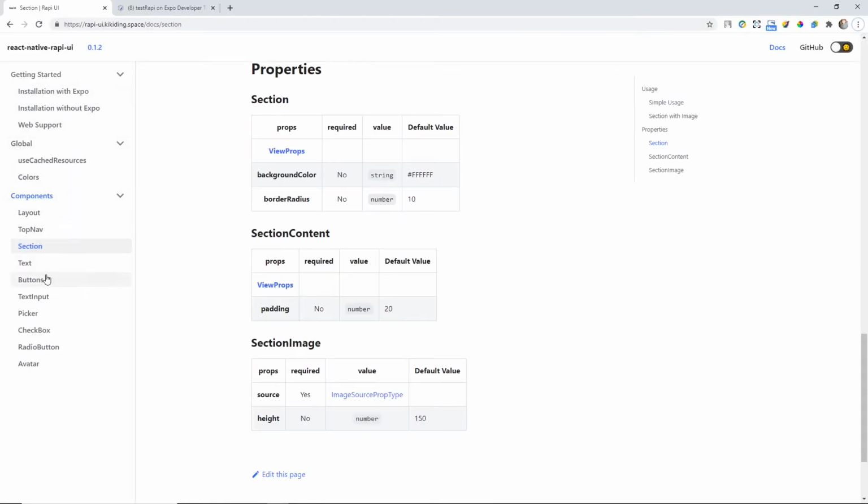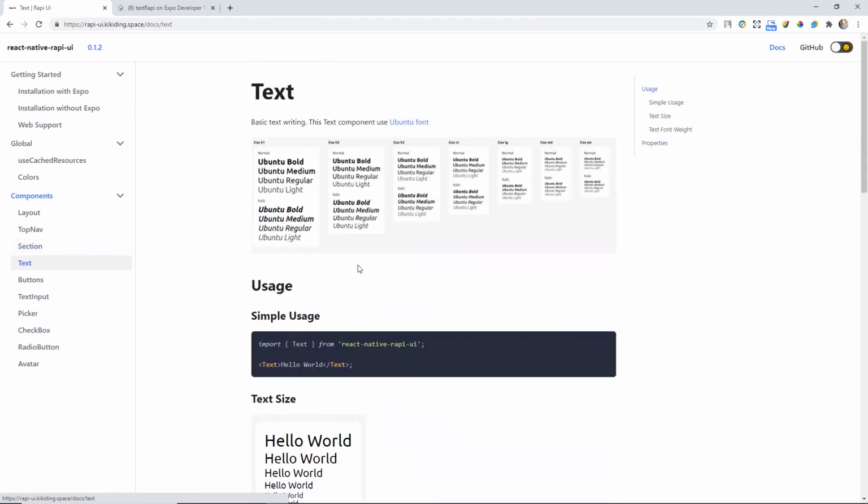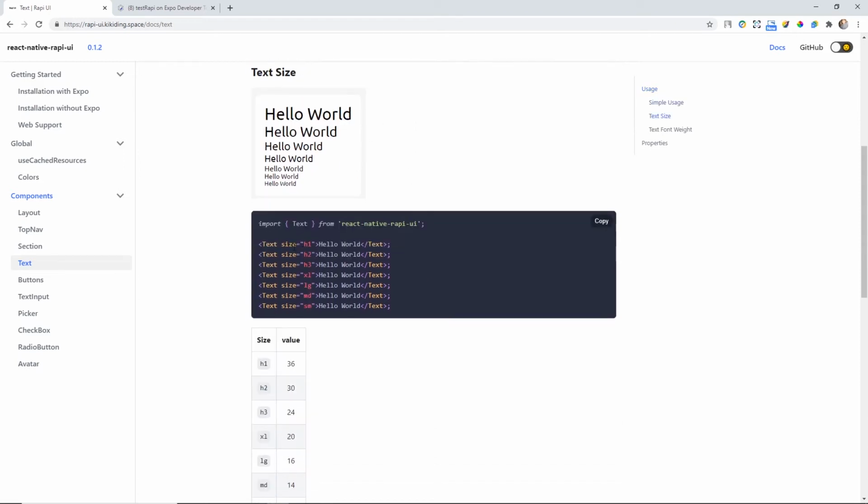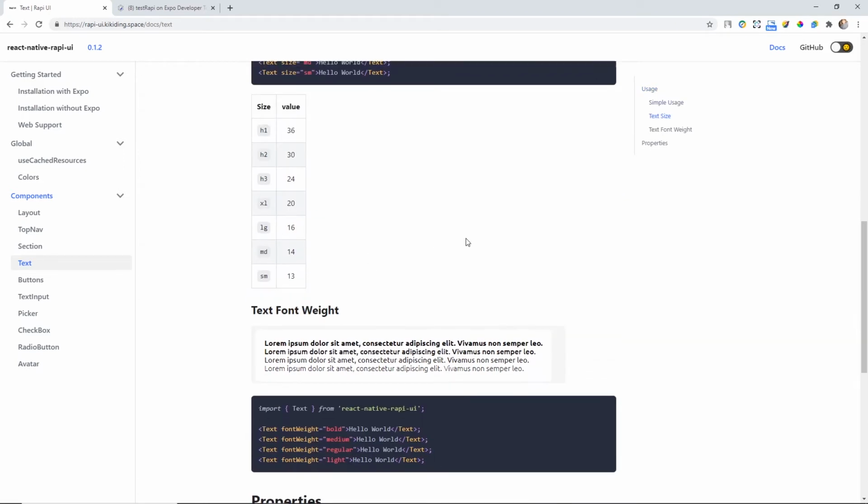The text component is like the text component from React Native, but it has many props you can use, like sizes and font weight.